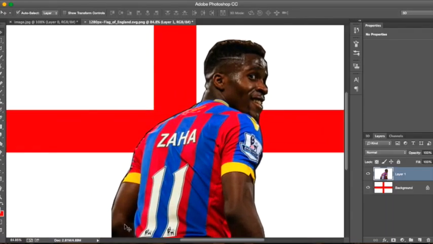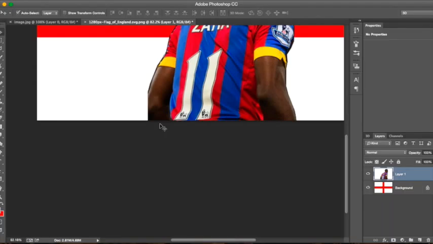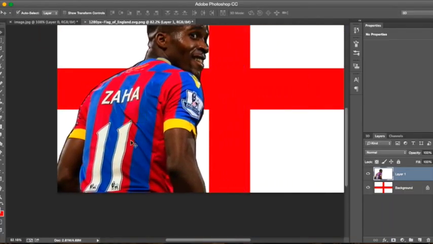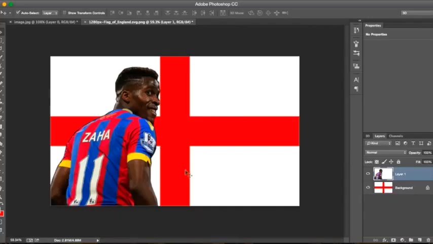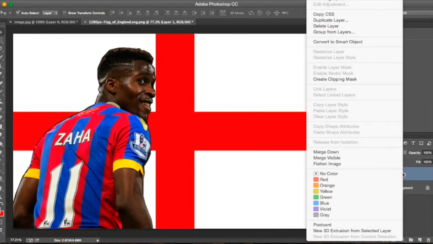Now with this, the arm is cut. So it's sort of one of the flaws of this. So I could have it like this, and maybe I could get a picture of Yannick Bolasie, even though he's not from England. So maybe someone, or, right,